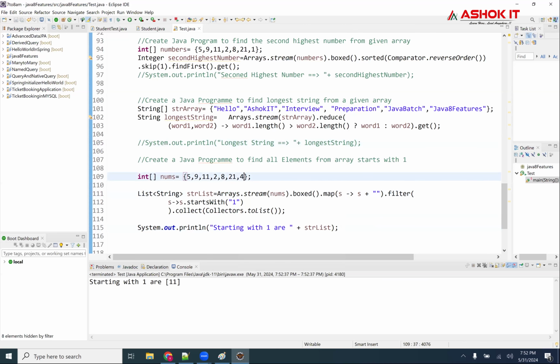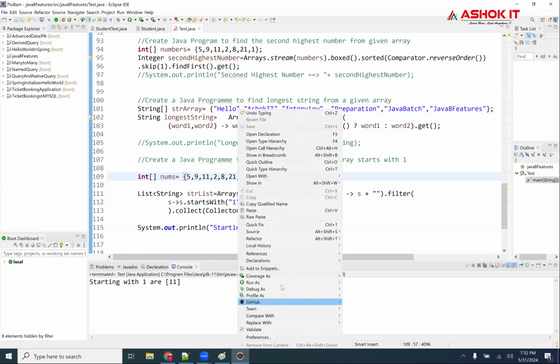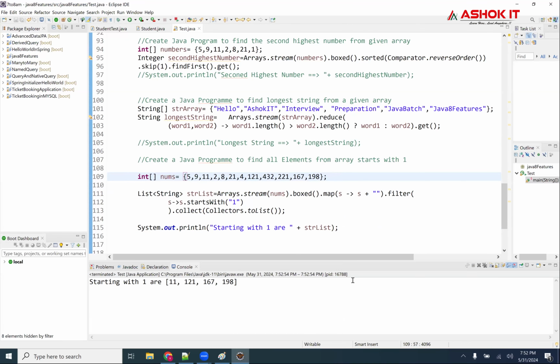For example, I write 121. Right? 11, 121, 167, 198. You are able to see that? That is where we can write.